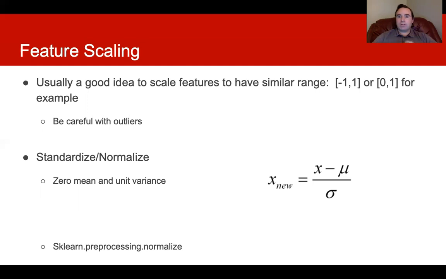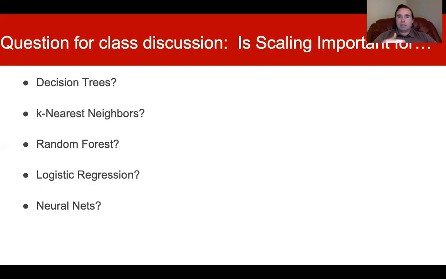And you can think about scaling this to 0, 1, or -1 to 1. So long as they all have the same range, you could standardize in more of the mean and variance sense. Anything like this can be a reasonable approach to scaling for different types of methods, and different methods will need scaling